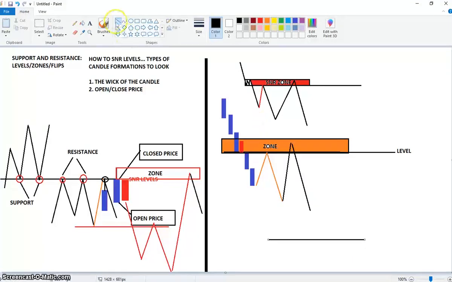We have a level. Price comes, makes a support. Price breaks the support, right? It breaks it down. So you are expecting that price will come back here, okay,